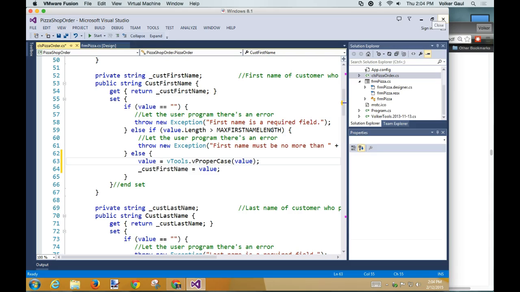So this says take whatever's in here, capitalize it, and then put it right back on top of itself, and then store it in the business class. Now this changes it in the business class, but it doesn't change it in the GUI. So I also have to write code in the GUI